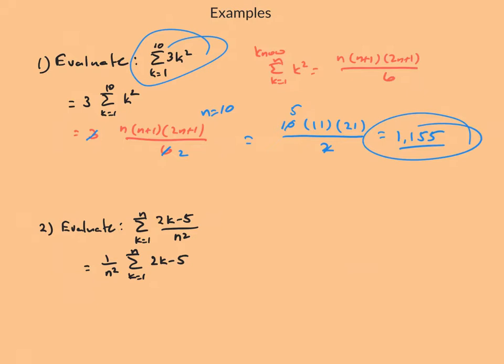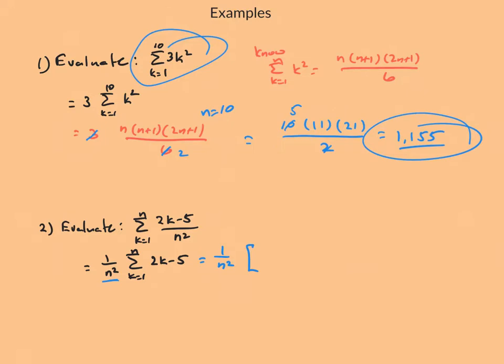So on this problem right now, the first thing I want you to notice is that I'm going to start by rewriting. And notice I took, this is 2k minus 5 over n squared. I pulled the 1 over n squared outside because really our variable in this problem is k. It's not n. N is being pulled out. So that's why I could pull that outside. And so this is now equal to 1 over n squared times